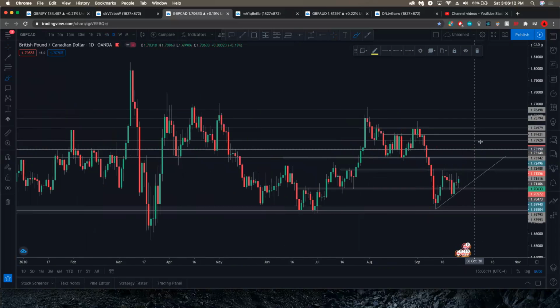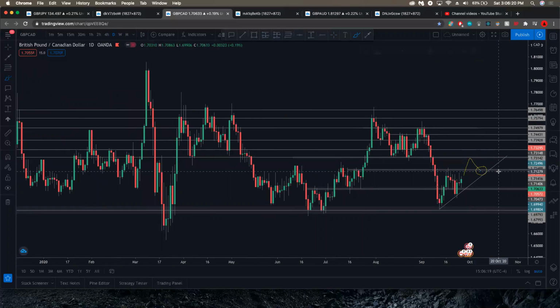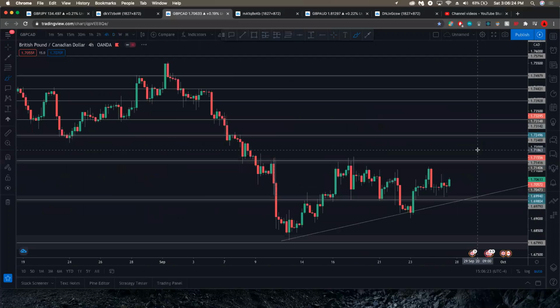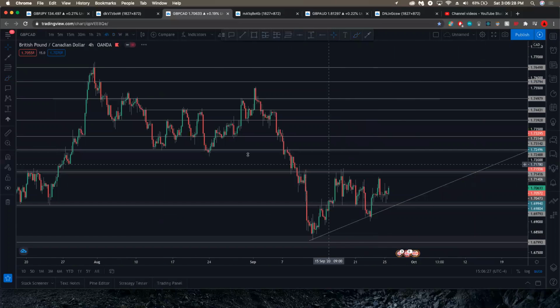So like I said, it's possible it does this, comes here, creates a higher low, and then pushes up. Because that's essentially what this was, right? A higher low pushed a bit lower, but yeah, we'll watch and see what happens. Otherwise, bullish outlook. I'll leave the link for the analysis in the description, and you can check out how well